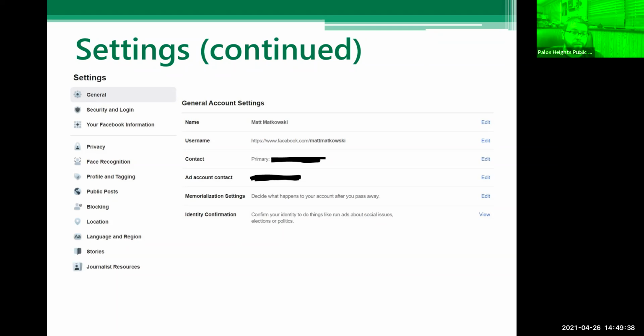That's also where you can control your sharing options and good stuff like that. And yes, you can just go ahead and explore those other ones. I'm happy to field any questions about them. Yeah, there's different things in there. Just take a look at them. Make sure everything is the way you want it.